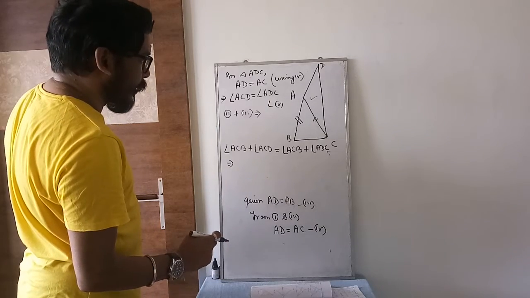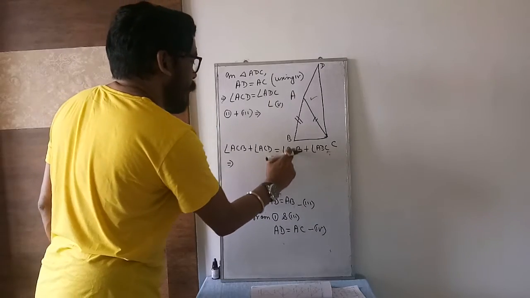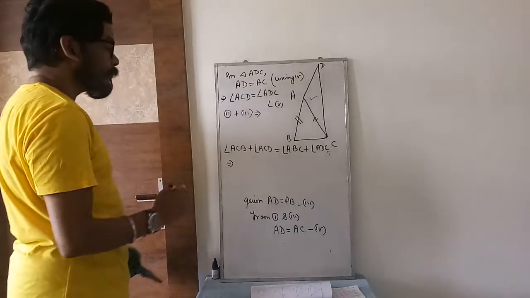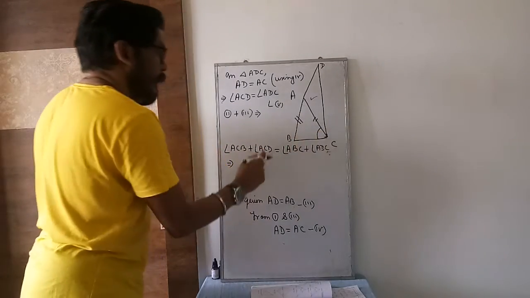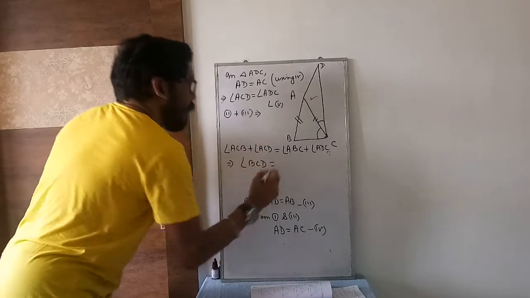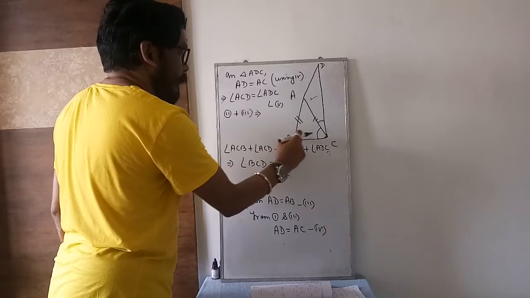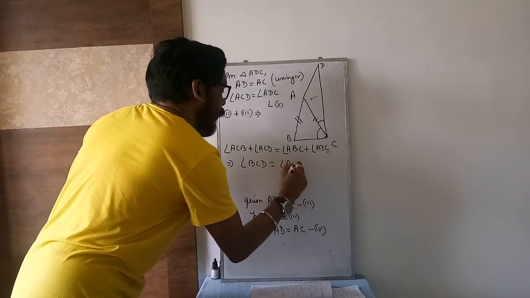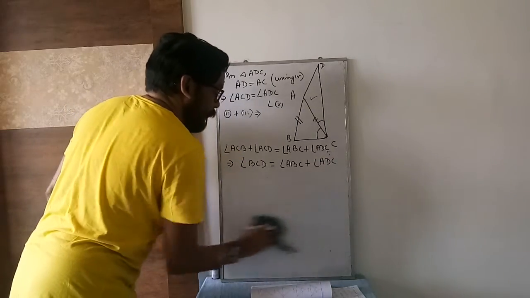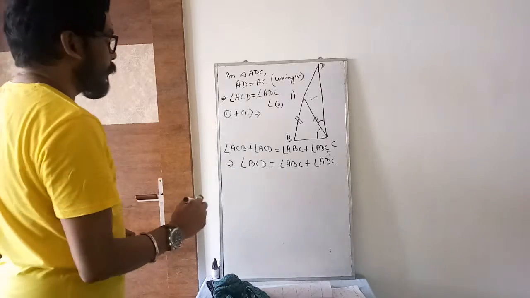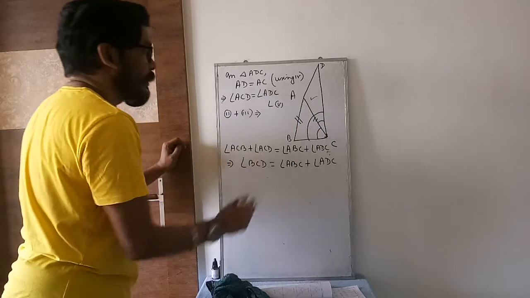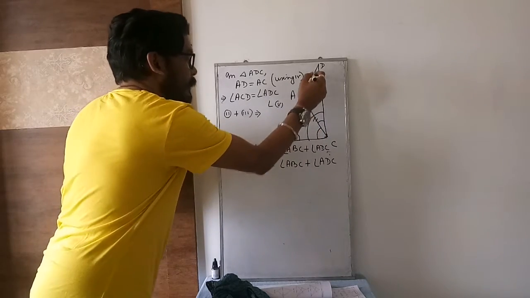I am doing mistake again or what? AC opposite angle is ABC, this one is ABC, okay? So ACB is this and ACD is this. If I add up, I will get angle BCD. And here it is angle ABC plus angle ADC. So take the screenshot. Now you can write what you got. BCD means this complete angle. This is equal to ABC, this angle, plus ADC is this angle.